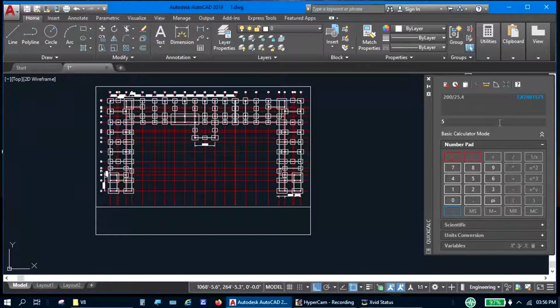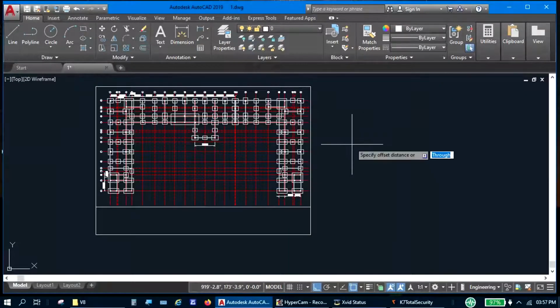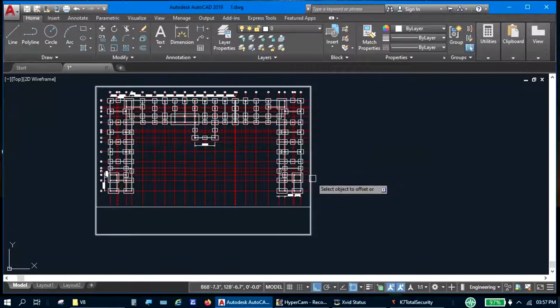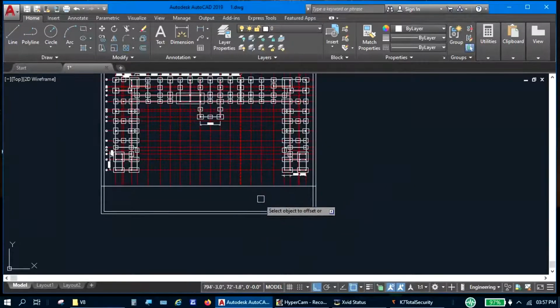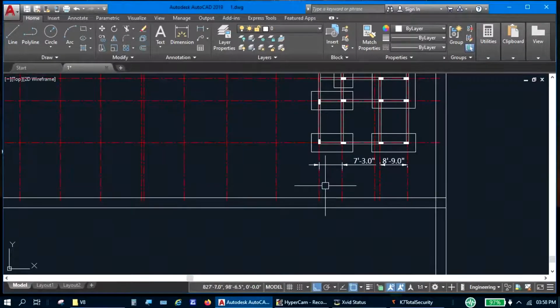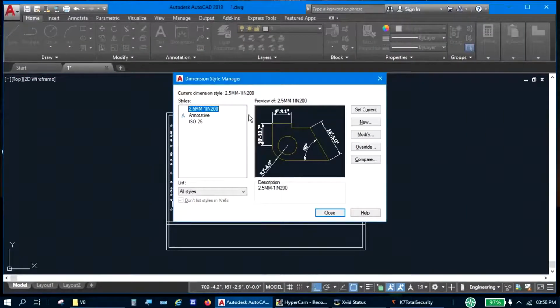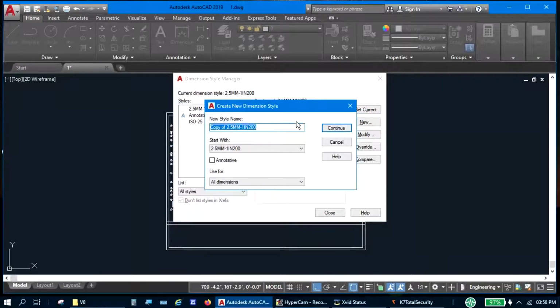Give 5 mm offset inside. Now I create a text style for 2.0 mm.